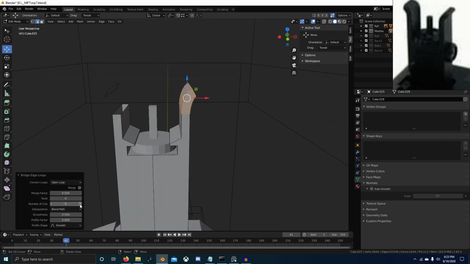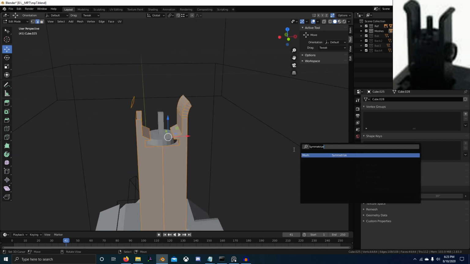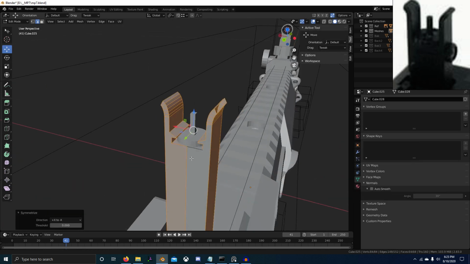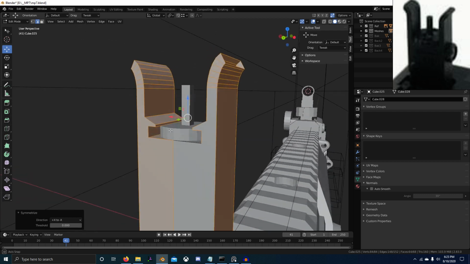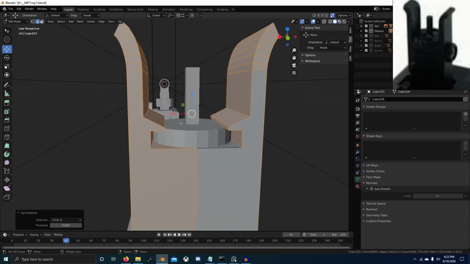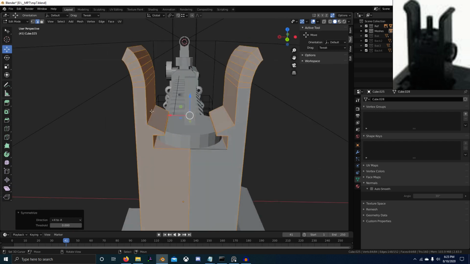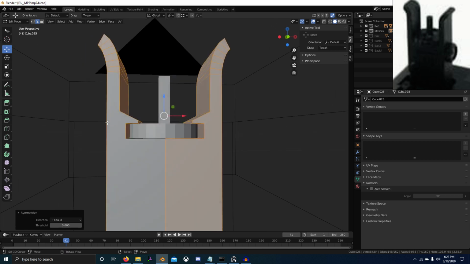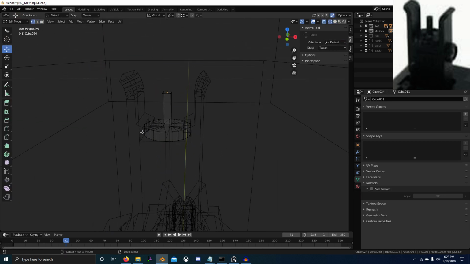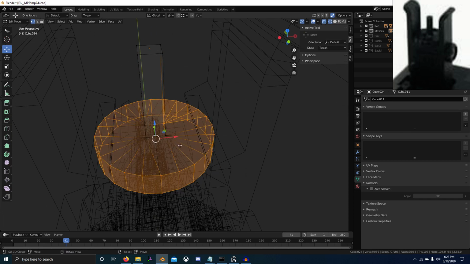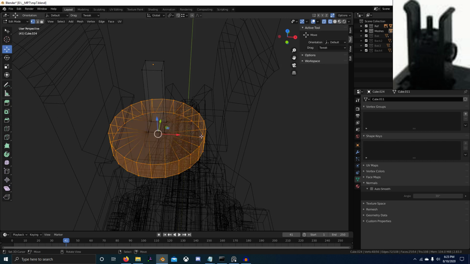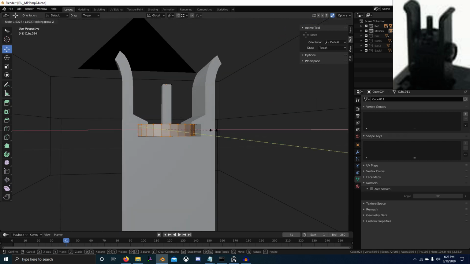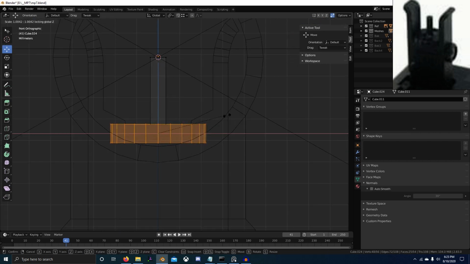Do that many cuts. And I think this disc needs to be wider so that it can intersect with this, like that,